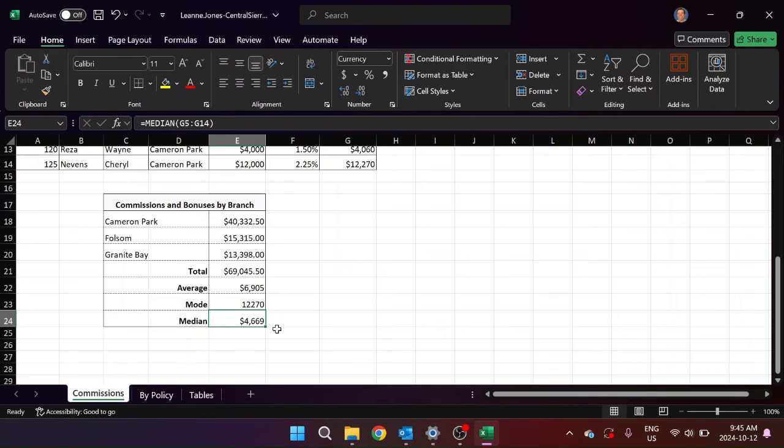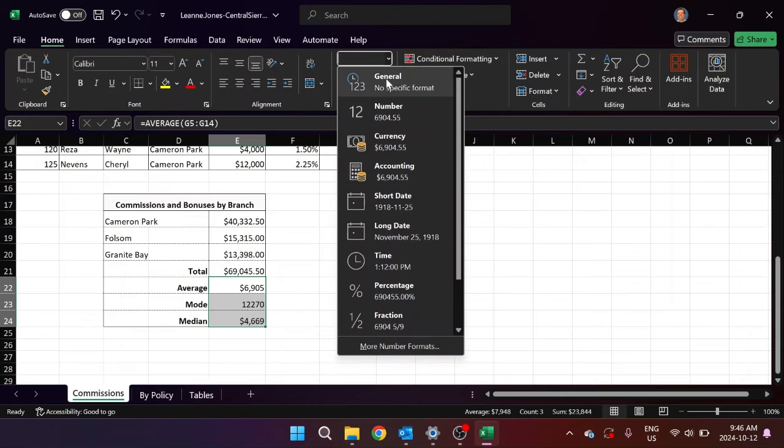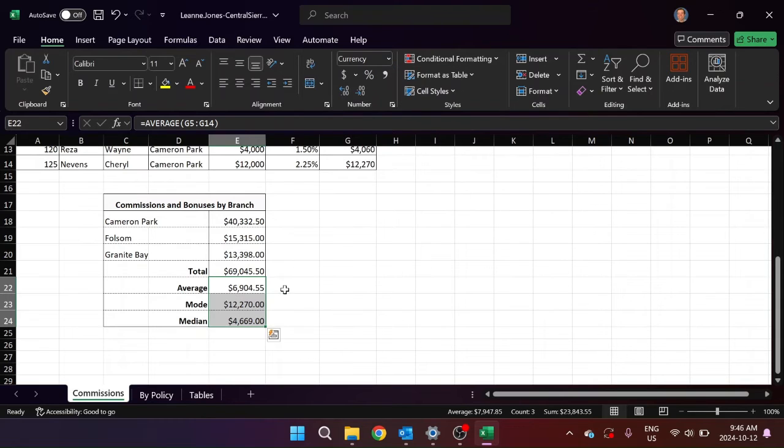Awesome. So then what we want to do is take a minute here to just, maybe I would select these three cells and I would go to the arrow up here, hit currency, just so that all the